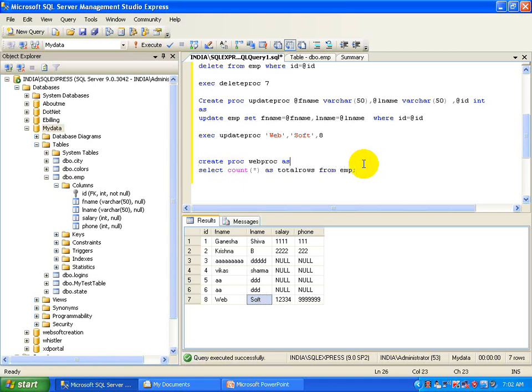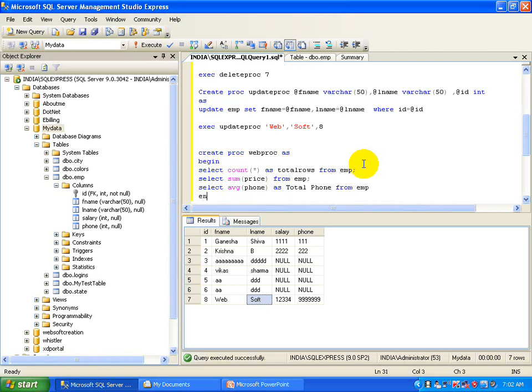This is my first command, and you should write here begin, then select sum price from emp. This is the second command, then select avg phone as total phone from EMP.